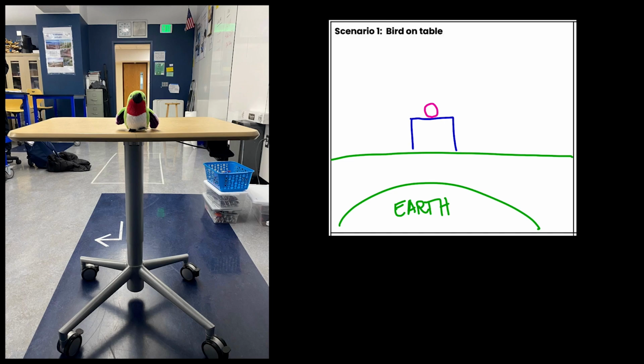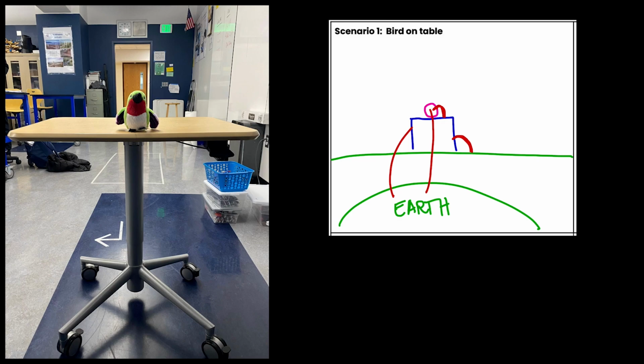Okay, so now we're going to draw the lines that show that there are interactions between the objects, right? So the bird is sitting on top of the table. So there's my line. The floor and the table. And so then the table is sitting on top of the floor. And the table is also on Earth. And the bird is on Earth. All right, so